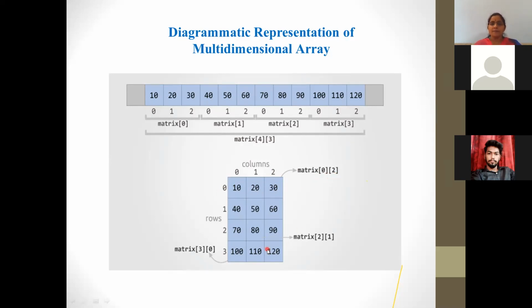Suppose here I use matrix[2][1]. What is the meaning? The first is the row index, the second is the column index. 2 means the second row and 1 means the first column. So the intersection of the second row and the first column, and the value would